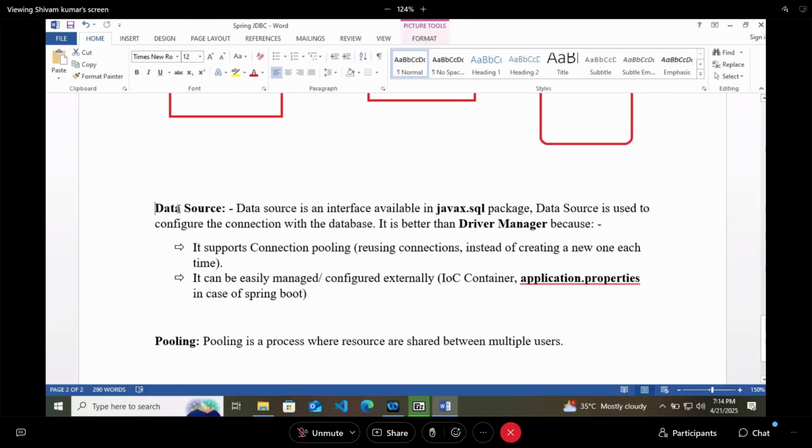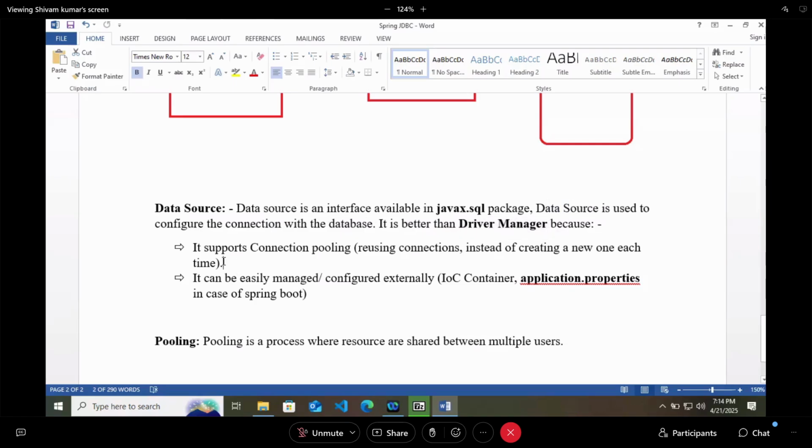Then we have seen something called data source. Data source is an interface. It's not a class. It is an interface which is available in the javax.sql package. It is used to configure the connection with the database and it is better than driver manager because of two things.